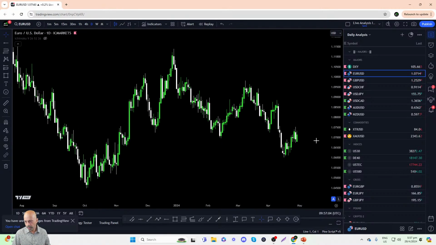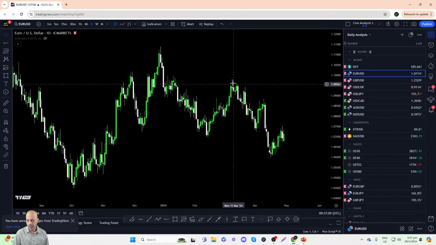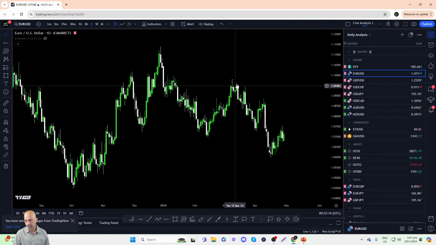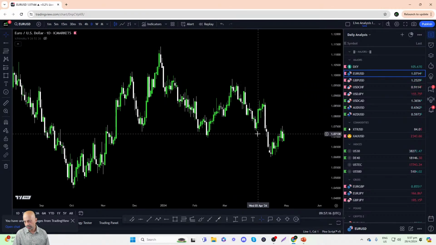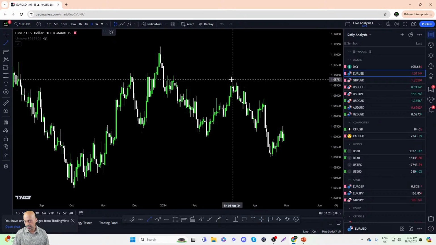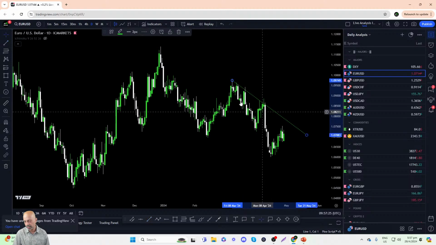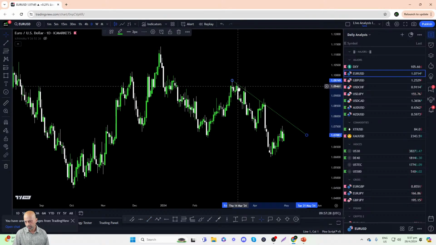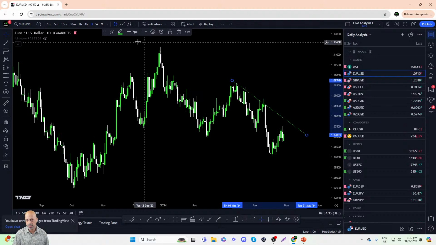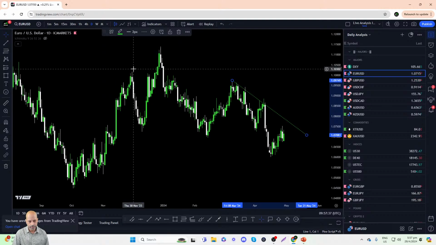Right. Okay, so looking at the euro, as you can see here, since 11th of March, the euro is showing a pretty strong downtrend, and we see a series of lower highs and a series of lower lows, right? So this indicates a pretty strong bearish downtrend here, and there's also a descending trend line that we can use. There's a pretty decent descending trend line where the euro has bounced off or run into resistance on 13th of March, 21st of March, as well as on 9th of April. So this is a pretty significant descending trend line.